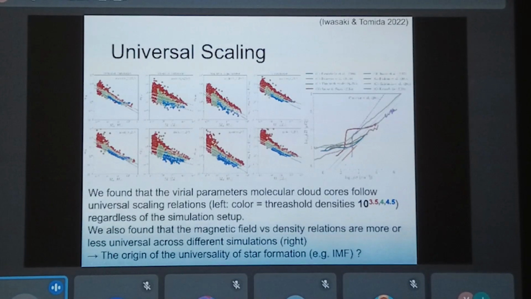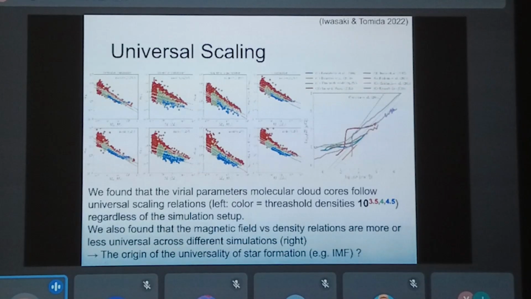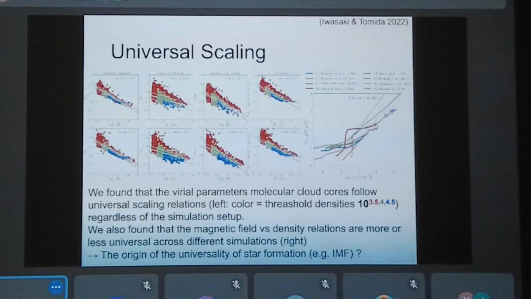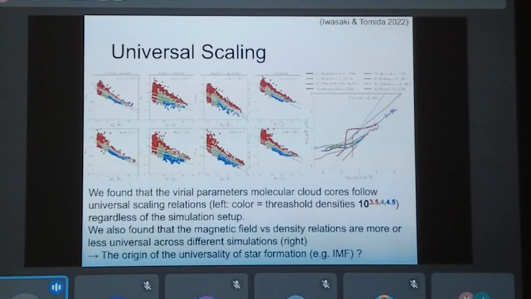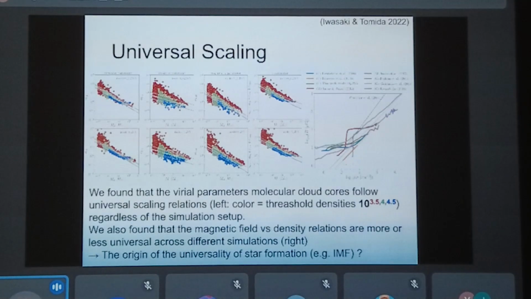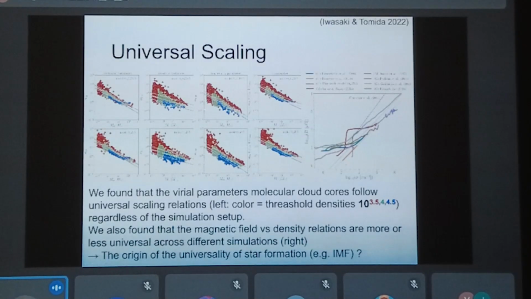This is published in our latest paper, Iwasaki and Tomida 2022. We found that the virial parameters, that is the ratios of the kinetic, magnetic, and total energy versus the gravitational energy, follow universal scaling relations like this. Here, these red, green, and blue lines and dots indicate different plots for molecular cloud cores with different threshold densities.